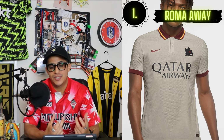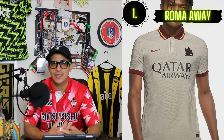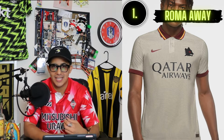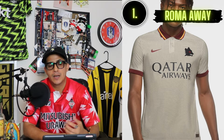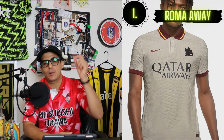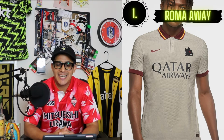You have those deep burgundy accents on the two-button collar, sleeve cuffs, and Nike swoosh. Of course, that's a nod to the home strip that Roma is known for. And then what takes this over the top, or is the cherry on top to this amazing kit, is that